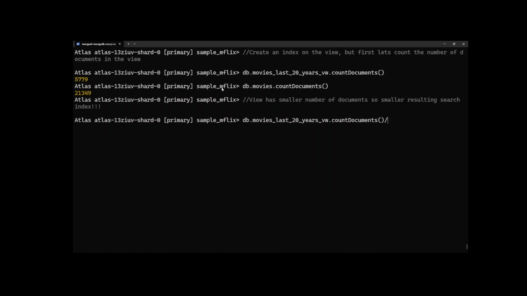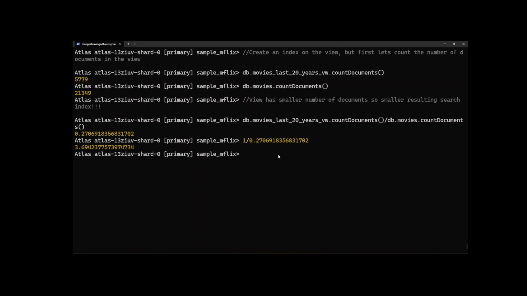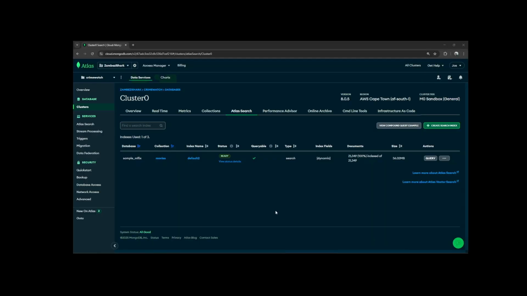Now that we've got the view, what I can do is create an index on that view. You can, of course, create search indexes from mongosh. I'm on an M0, so I don't have that feature available in the M0. So I will clear all these other things. As you know, I can only create up to 3 indexes on an M0, so I'll get rid of all those. I'll then click create search index,